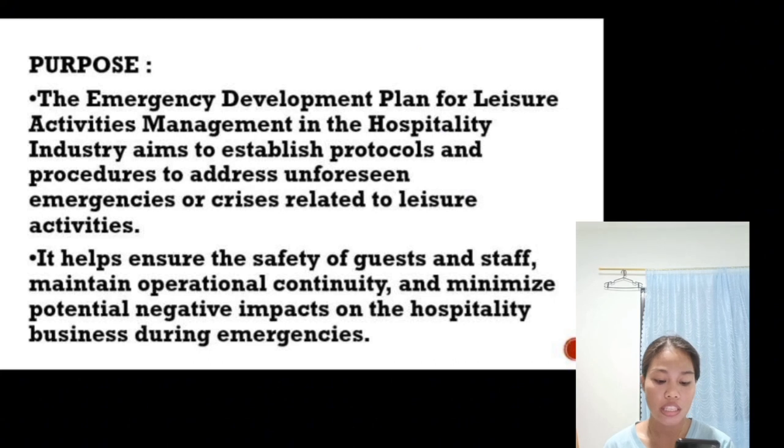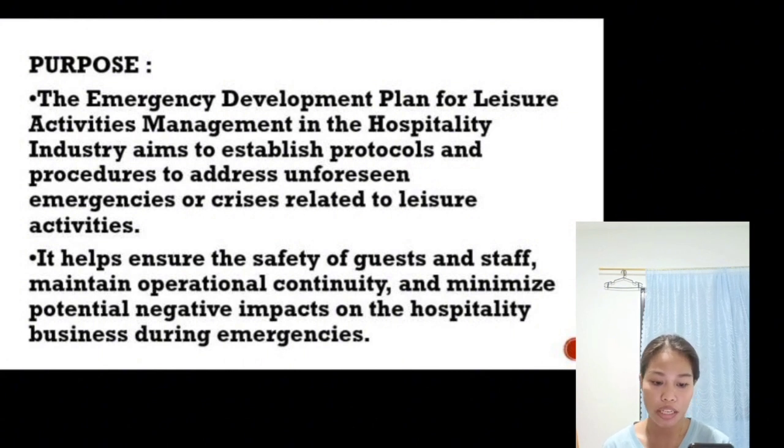Good day, ma'am. Today I'm going to report the Emergency Development Plan for Leisure Activities Management. This study aims to establish protocols and procedures to address unforeseen emergencies or crises related to leisure activities. It also helps ensure the safety of guests and staff, maintain operational continuity, and minimize potential negative impacts on hospitality